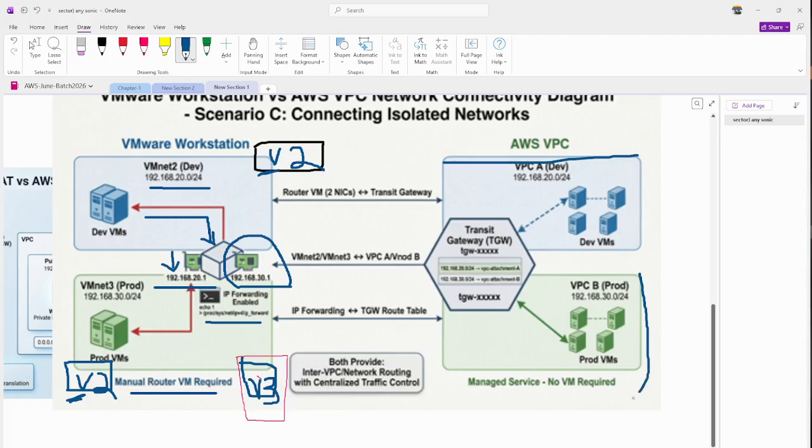VPC-B is your production. Okay. They are in two separate VPCs. Means they are two separate isolated subnets. Okay, they cannot talk to each other because you have separated. Okay, so you have here